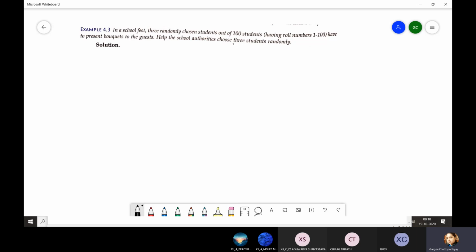Students randomly. Function here, I can use random, I can use randint, because roll numbers are usually what? Whole numbers. They are integer numbers. Out of the two, which will be most suitable? Which one should I use? Random or randint? I have to generate 3 roll numbers between 1 and 100.